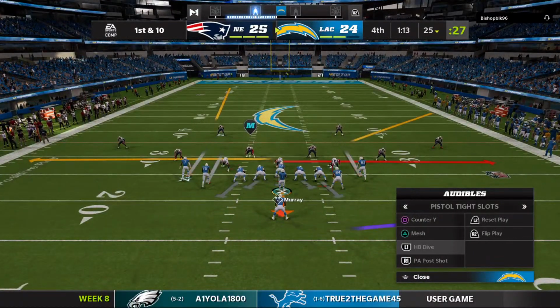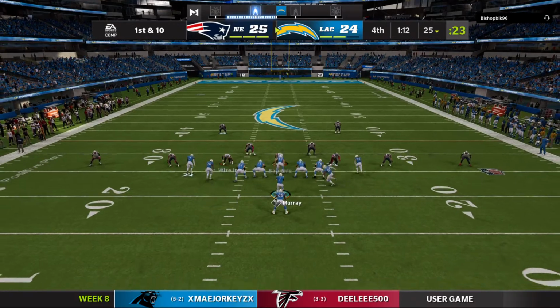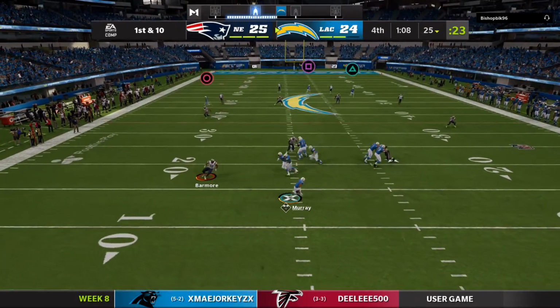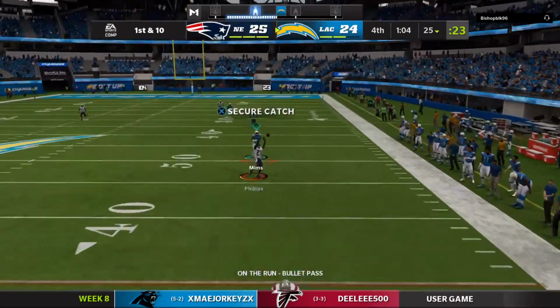The Charger drive about to get going. They're only in need of a field goal, a decent amount of time on the clock. So tell me if I'm wrong. You don't have to be too panicked here. No, not at all. I agree with you. And this is where your preparation...